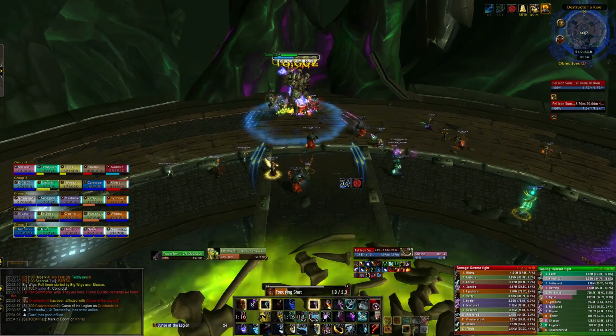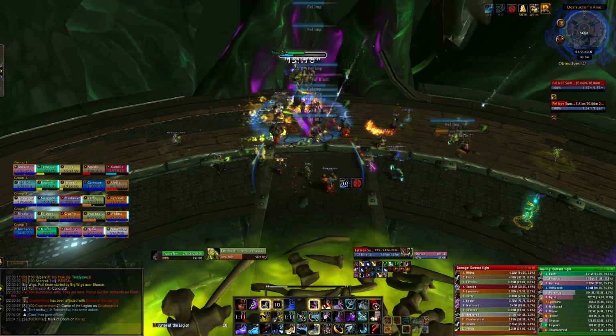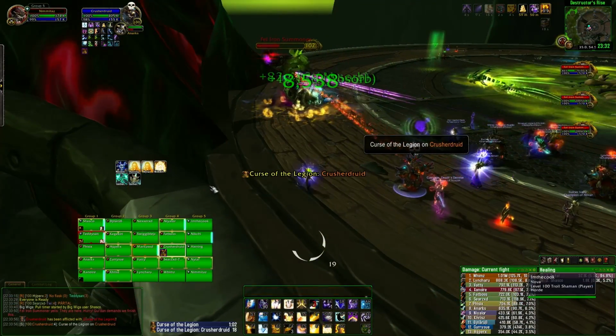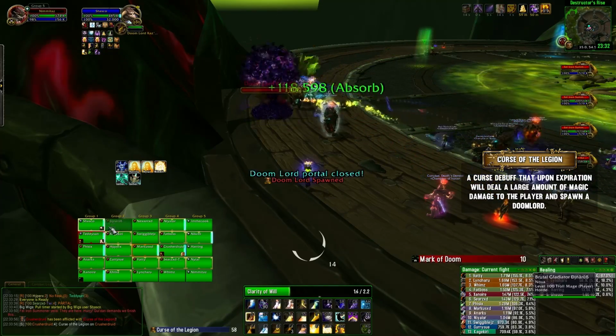trigger phase 2. To start off, you want to start on the right hand summoner, because he summons the Doom Lords, and these are the worst type of ads. Now the way Doom Lords are summoned is that a random player will receive a debuff called a Curse of the Legion. Now this is a curse debuff that lasts for around 12 seconds, and when it is dispelled or